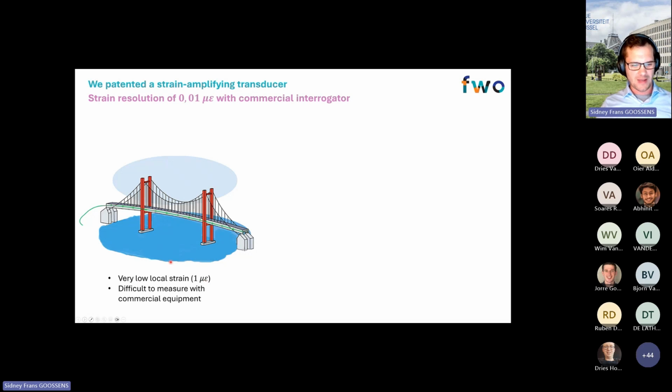Usually those strain fields or those strain amplitudes are very low, in the order of 1 microstrain or lower, because they are induced by ambient conditions. That can be weather conditions, but also traffic passing over the bridge. But of course, we don't want that bridge to move too much. So typically the local strain is at a very low level, which is difficult to measure even with optical fiber